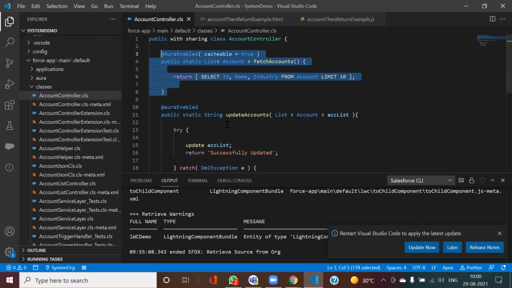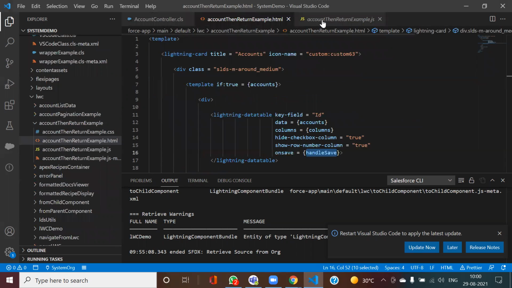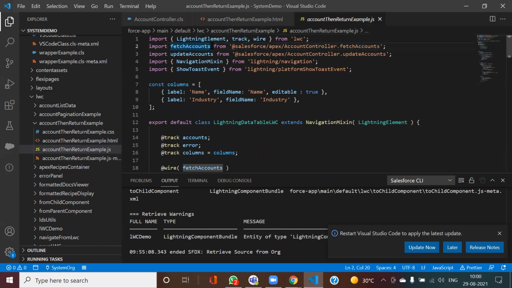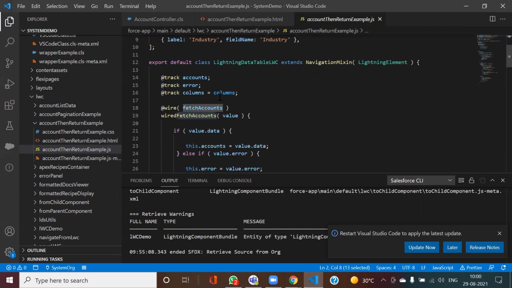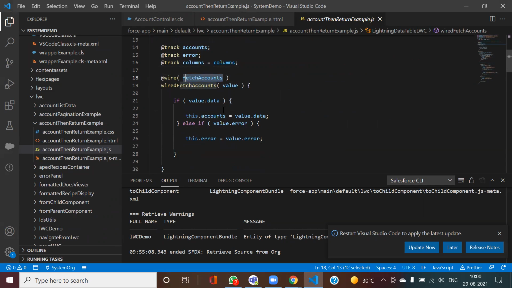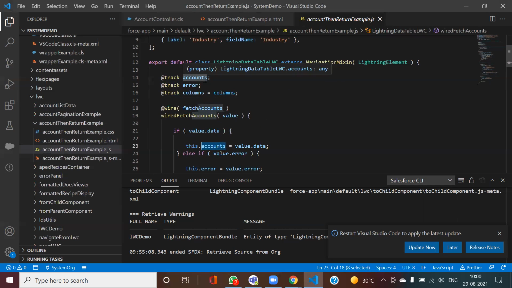After that, this one should be a wired method. The data I'm getting, I'm storing into the variable accounts.